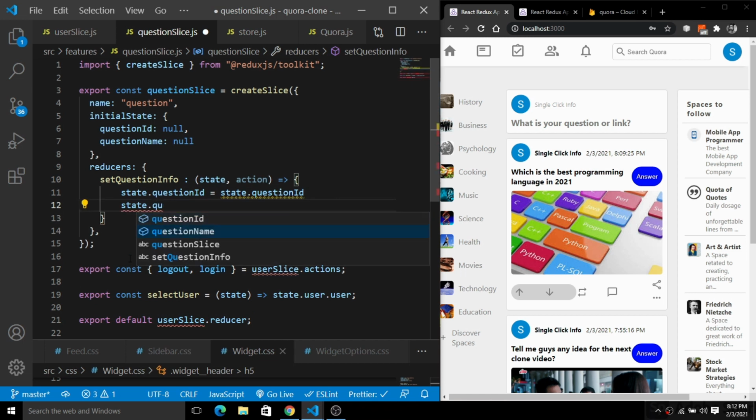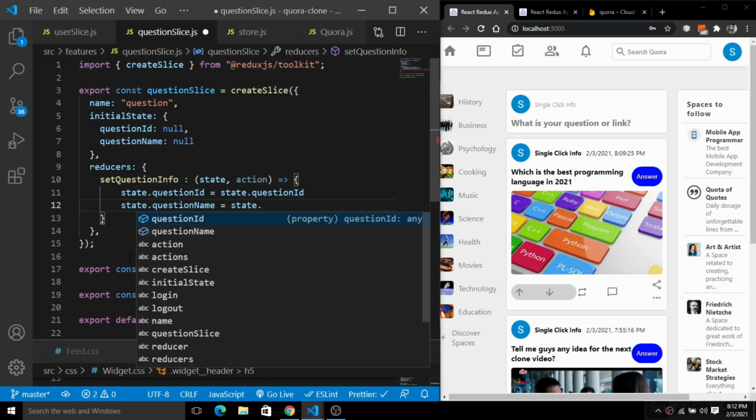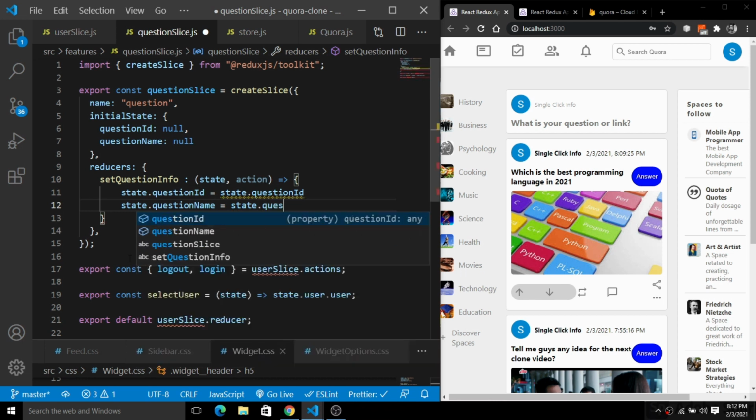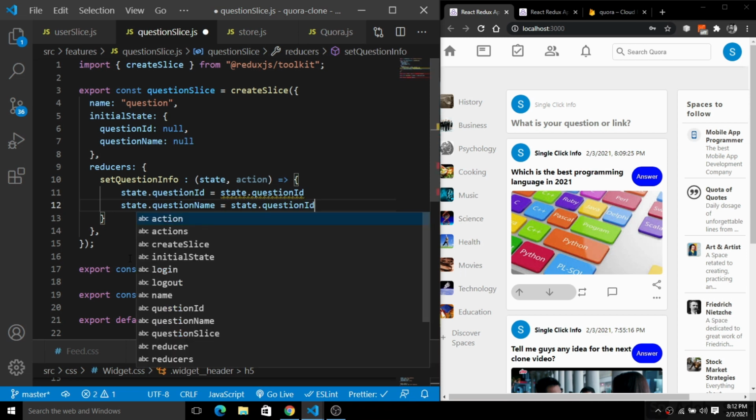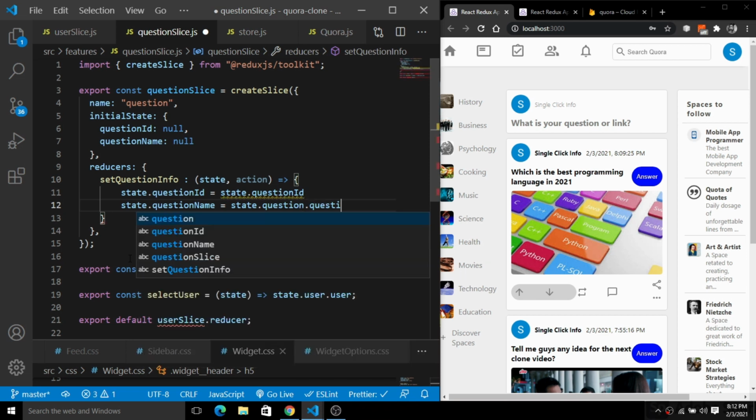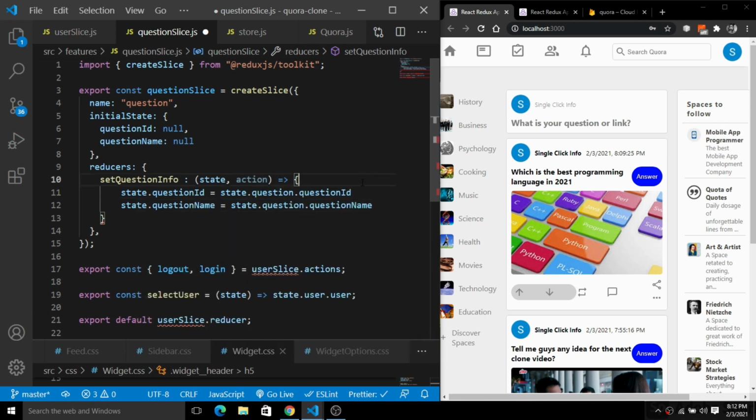So for the question name, we will have state.questionName, okay, not question ID, question name. In here add these things here also. So we have this question.questionId. So we have created a state for the question ID and for the question name here.